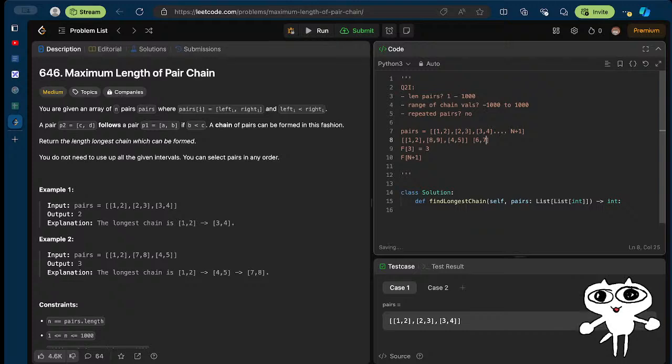What if we add this? Now if I'm adding this, what options do I have? Say I know that the previous length of chain was 3. I know the previous length was f of n. When I add this new chain,